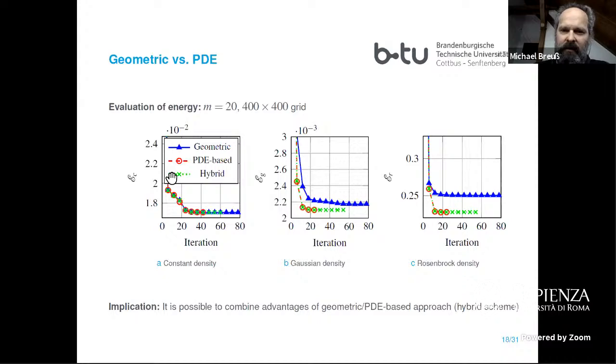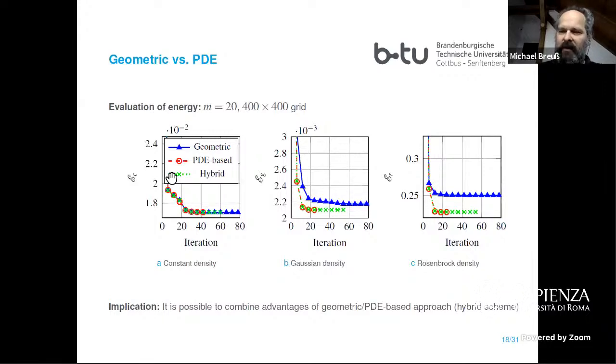If we consider a comparison with some other method here, that one of my PhD students, Georg Rado, tried, to combine advantages from both methods, algorithmically and in quality, then you observe that for the varying densities, especially the Rosenbrock density, the PDE-based method has some advantages, and there's a reason. And the reason is more or less the underlying grid.